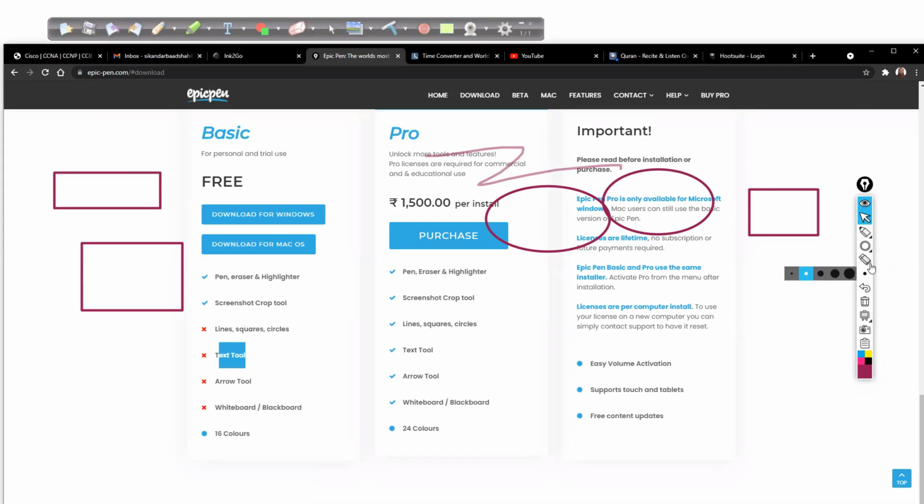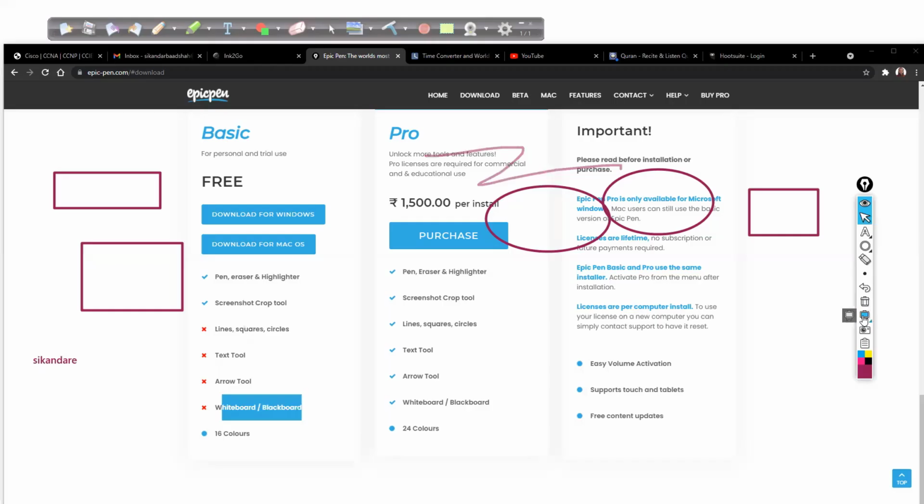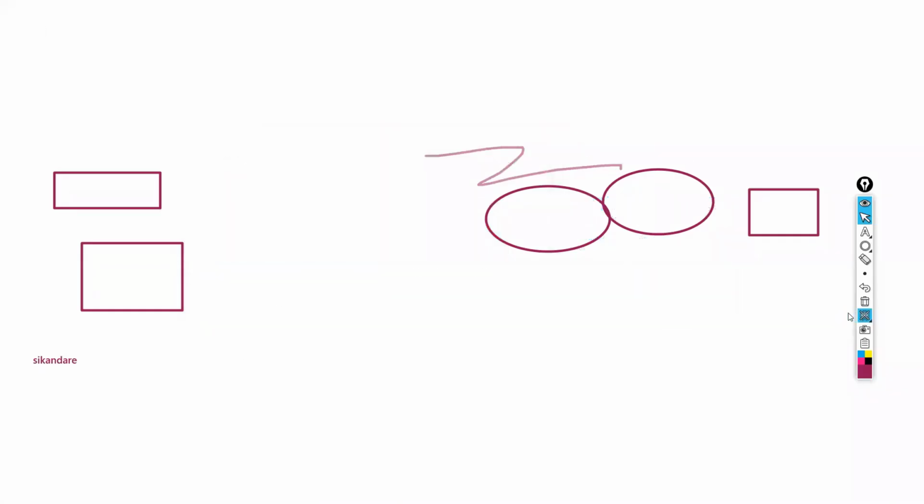Again, text you cannot add. If you're using a licensed one, you can add text. You can see these options here directly when you scroll. This is the text tool where you can write some text on the screen itself. So this is very useful, and you can also use a whiteboard or blackboard here. So this is my blackboard, where you can go to the blackboard here. This is your blackboard. And if you want a whiteboard, you can also use the whiteboard. So you have two options.